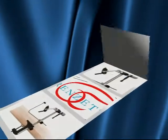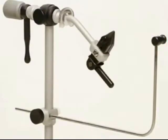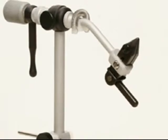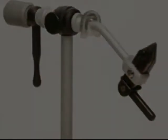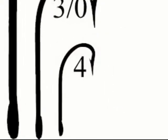Are you thinking about a vise for tying larger flies? One that will hold a hook without slippage? Well, the Saltwater Traveler Series vise is the vise for you. This vise is available in right or left hand models, and it will comfortably hold hooks ranging from size 4